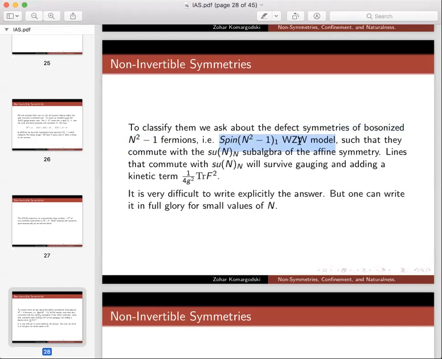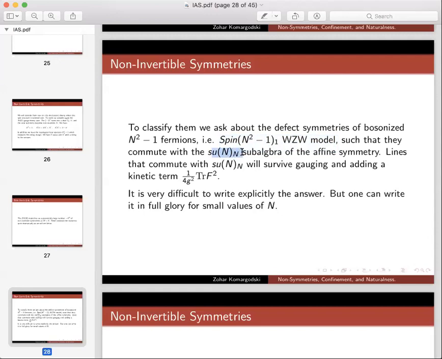Now you need to gauge SU(N), because we're talking about an SU(N) gauge theory. So you need to gauge an affine subalgebra of spin n² - 1 level 1, which is isomorphic to SU(N) level n. And the problem is therefore to find all the non-invertible symmetries of this thing which survive the